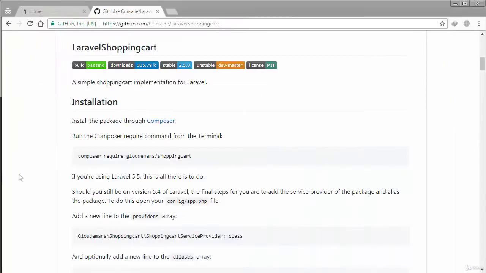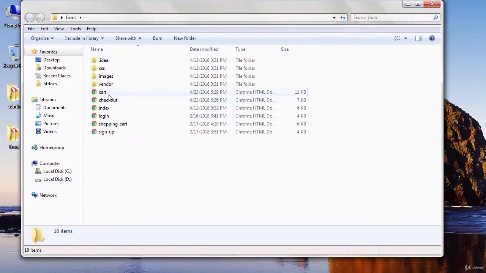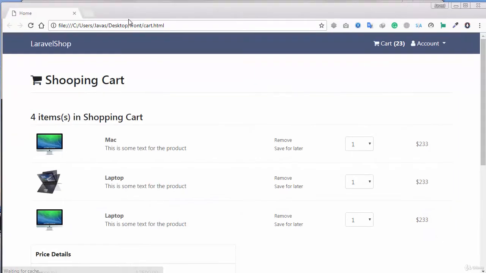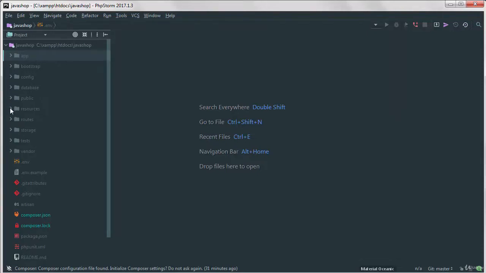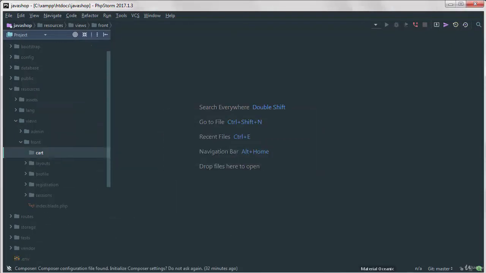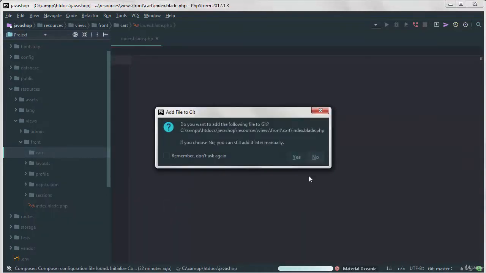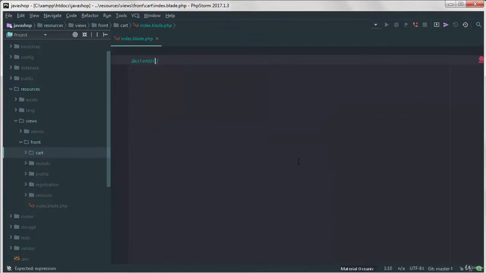Now we need to import our, if I just go to my front-end file and then open up my cart file, okay, there we go. Now we need to copy all the code and then create a new view inside resources, views, inside our front, and I'll call this cart, and inside this folder we will create a new index file. Okay, and then simply let's extend our front layout to master layout, and then section for content